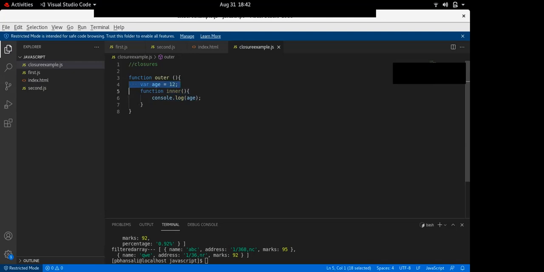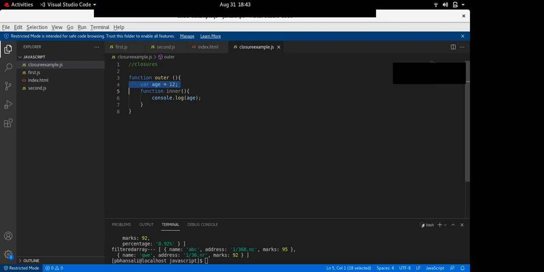So when the inner function is defined, it checks what variables are defined around it, and it will be able to use all of them. So the age variable is now a part of the inner function.